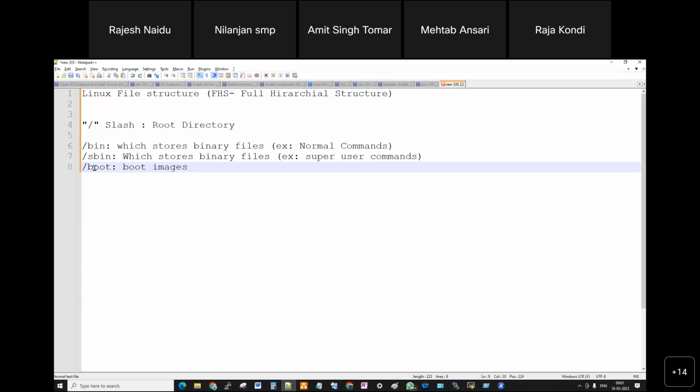Yes, the file called initramfs in Linux will be there. That file will be stored in the boot images. So this is the main file which will load the operating system. Approximately, this file size will be 200 to 500 MB.